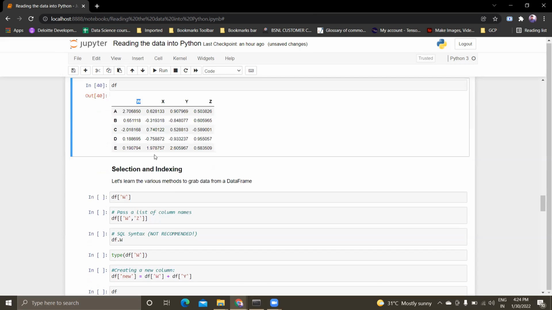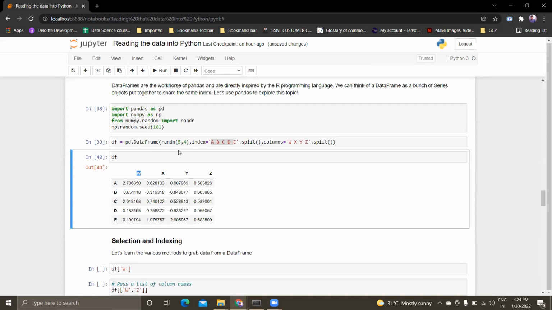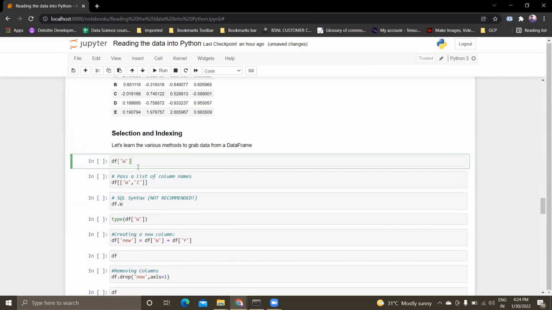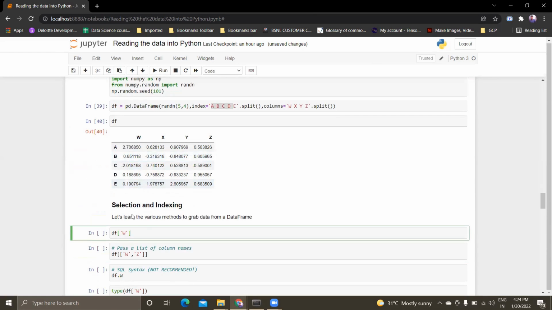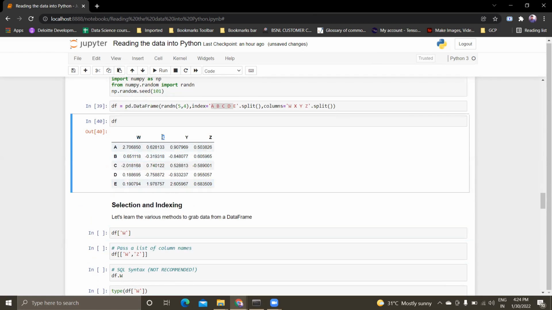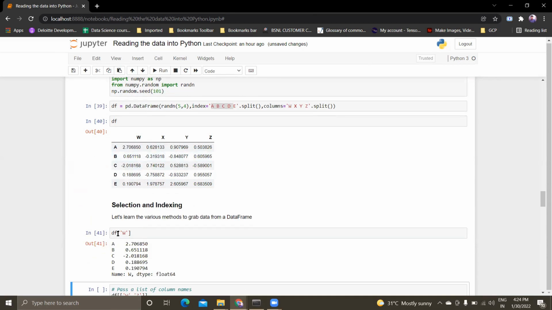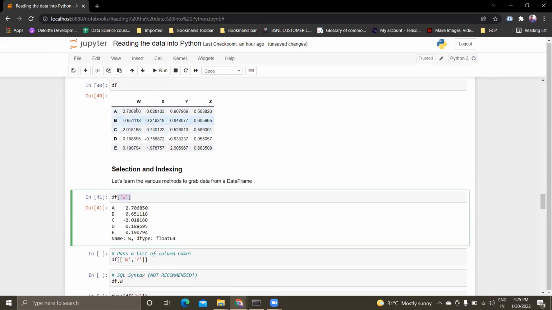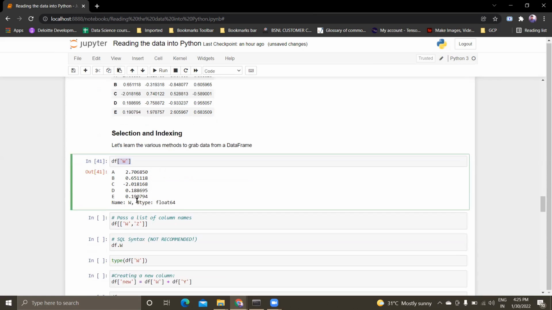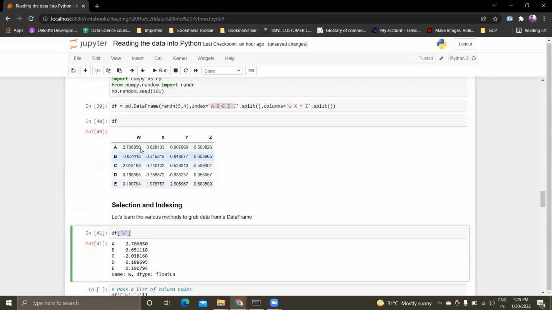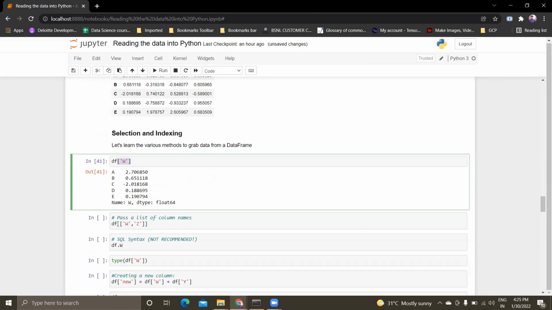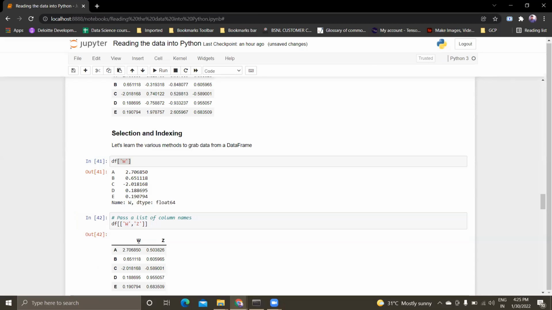So I have created a DataFrame here, and now we will see how to index it, like how to get values from this DataFrame. First and foremost, we'll access an individual column, W, X, Y, or Z. To get an individual column, as I showed you before, we mention df.W, which will return the values of that column alone, in the form of a Series. If you want to get two columns like W and X, you have to pass them inside a list, so both should be in a list. Then only we'll get both columns.